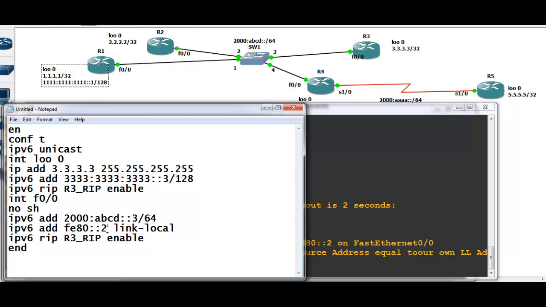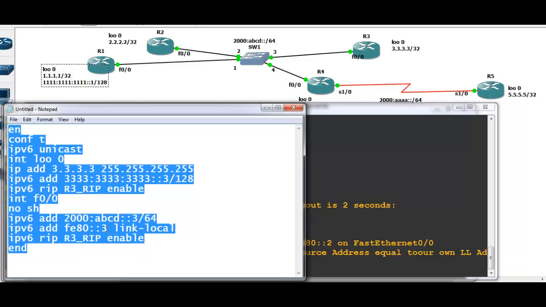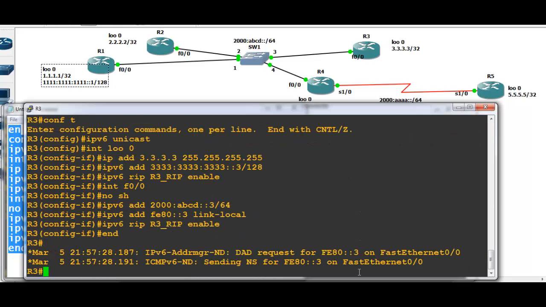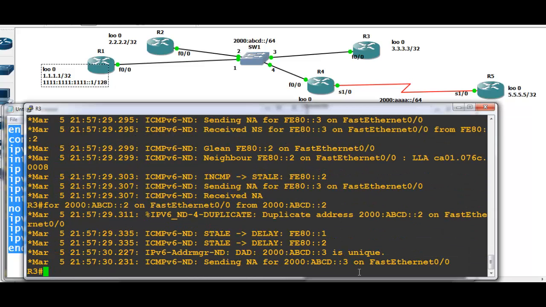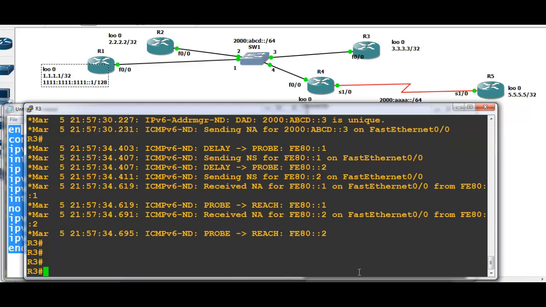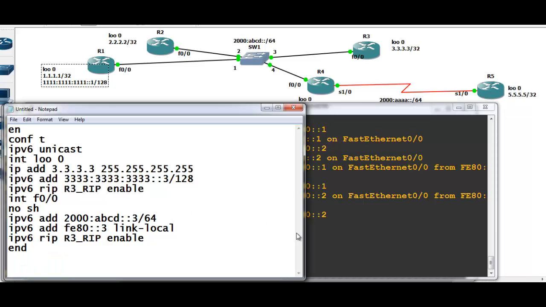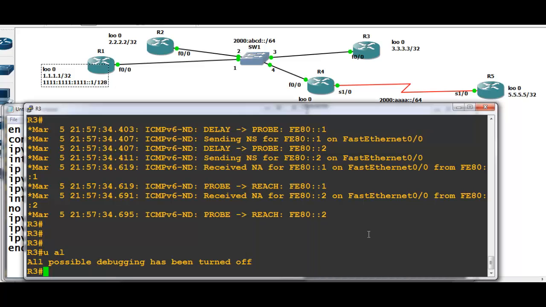3 here, 3 here, copy. See, it talks about the error. So even if I don't have debug enabled, I will get that duplicate address error. Now I have given the right address, I believe. Did I say 3? Yeah, I said 3 and I have changed the address. Now I should not have any problem when I ping